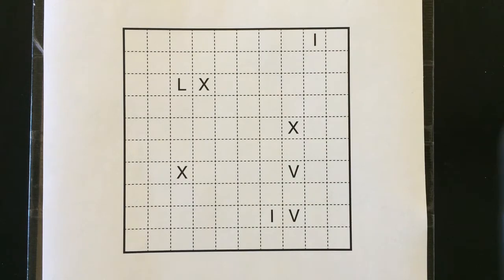So I'm going to try to talk through this Pentominous puzzle from Murat. It had a pretty incredible theme with just these few Roman numeral clues in it, and for at least some solvers it will seem, where the heck do I get started? One of the things I'll do with a puzzle like this is just try to find for myself the most